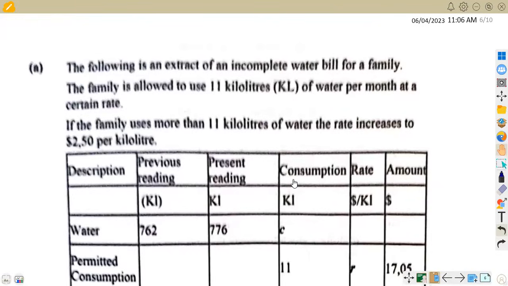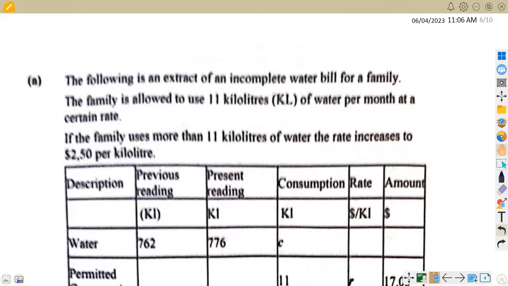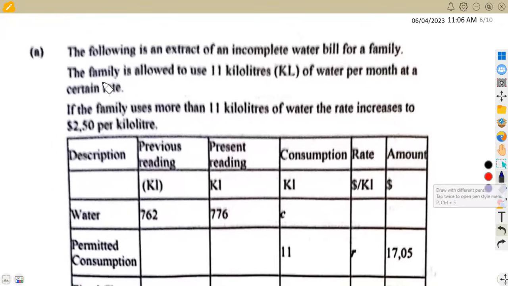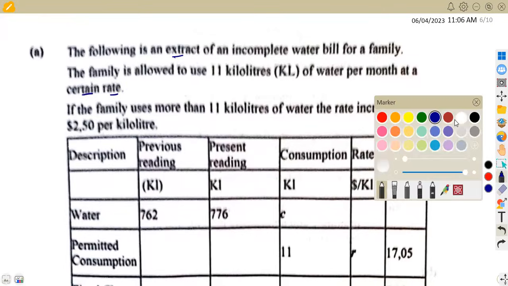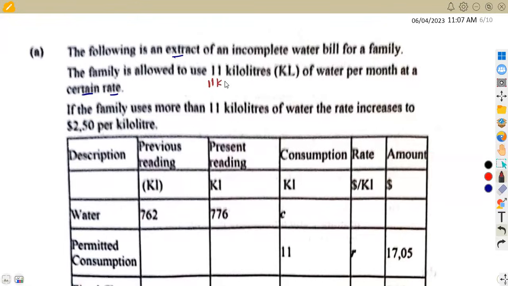This was question 7, and question 7, it's not that clear, but let's just see what we got here. We were given that the following is an extract of an incomplete water bill for a family. The family is allowed to use 11 kiloliters of water per month at a certain rate. But if the family is to use more than 11 kiloliters,